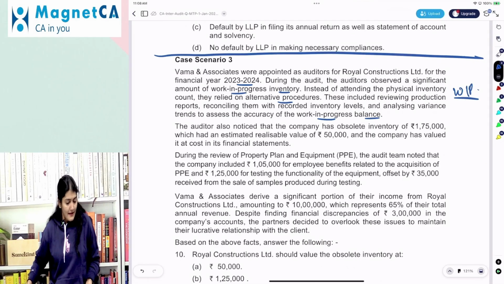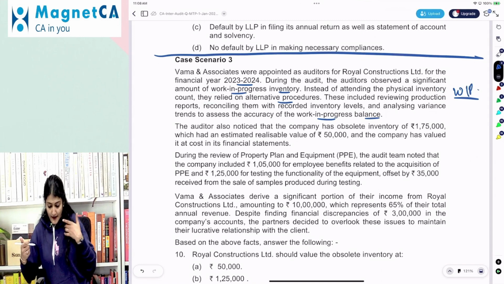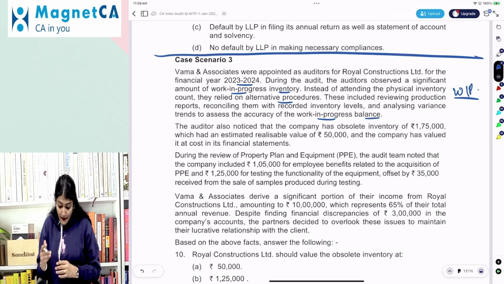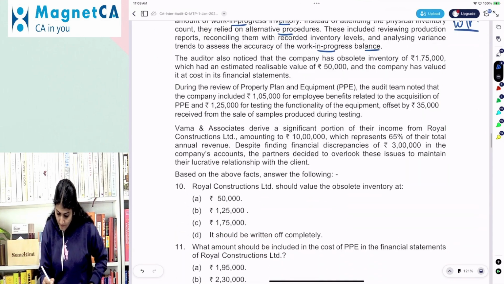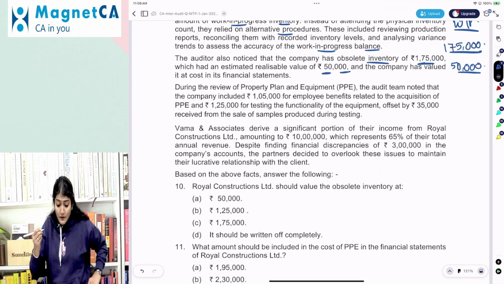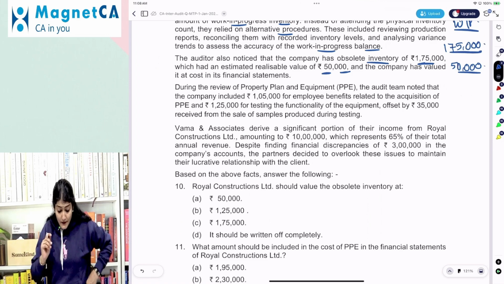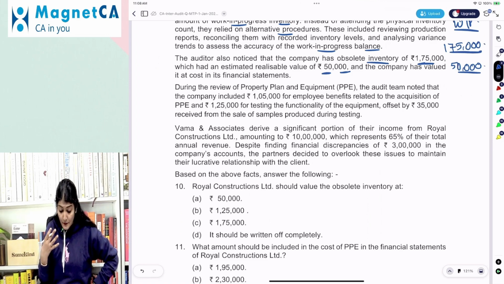Yes, the company has valued it at cost in its financial statements. It has obsolete inventory of 175,000 and the realizable value is 50,000. And what is the value of the inventory? 175. Now, during the review of PPE, the audit team noted that the company included 105,000 for employee benefit related